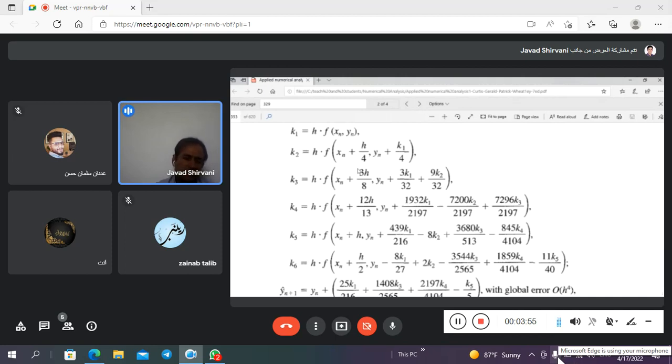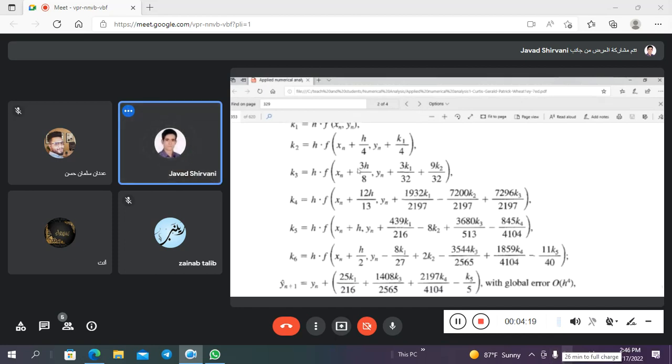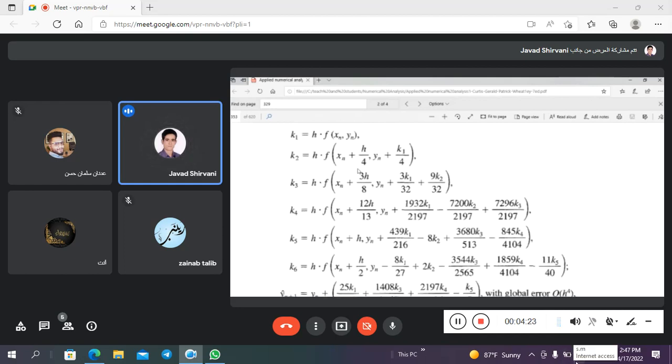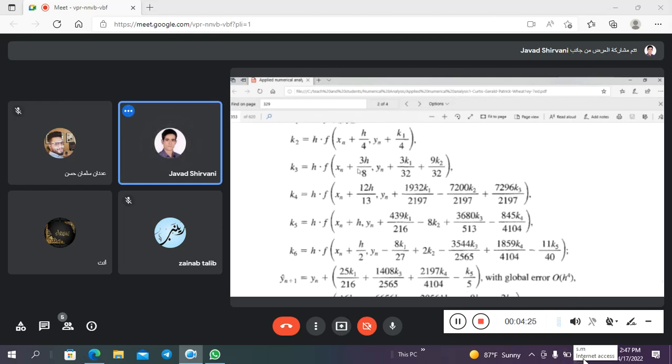This formula is difficult to memorize, but you can use it in mathematical computer programming to further improve the accuracy of the solution. For example, in this case we use six k's, and